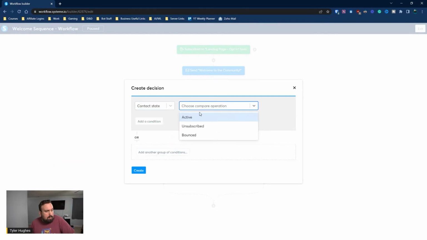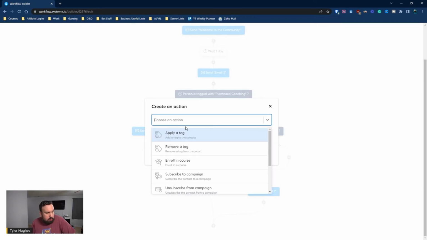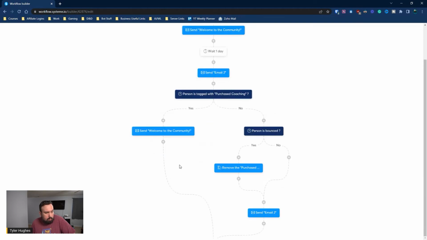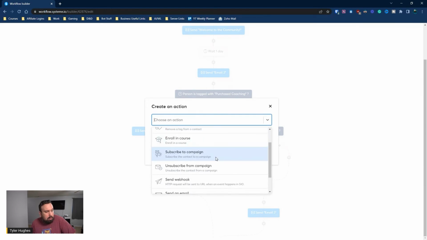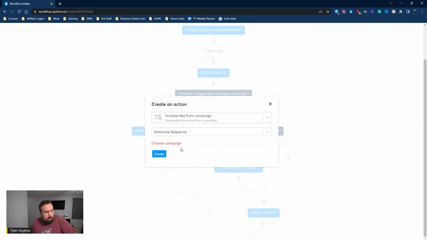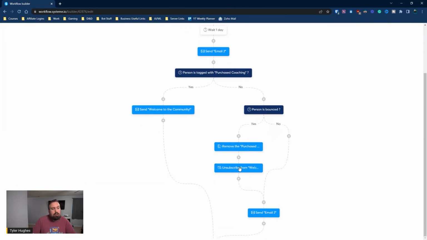But there are all kinds of things, like if emails bounced. This is a great one. If the person bounced, I want an action to maybe remove that tag. And then let's say I send a campaign, I can remove them from the campaign. I can do that. And so there's always things you can do depending on what you want to have in your business. It is recommended to clean up your contacts or your campaign every so often if there's bouncing. I think we can even,